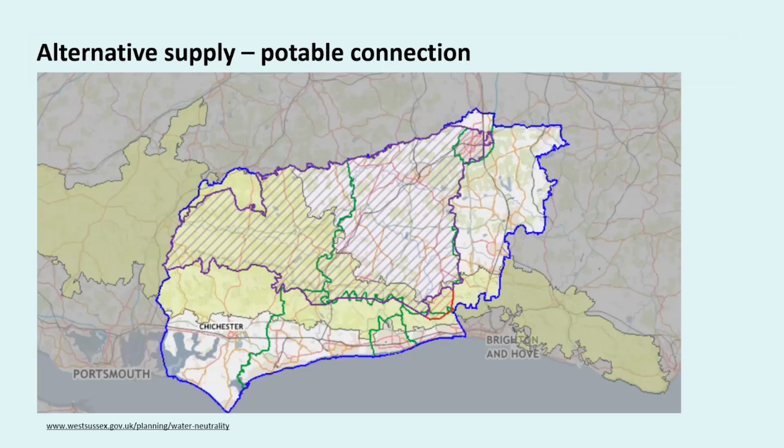And as we saw earlier, water scarcity and serious water stress are widespread throughout central, southern and eastern England. And the availability of an alternative supply is likely, therefore, to be really limited, even if a development has the good fortune to be located near the water resource zone boundary. Next slide, please.